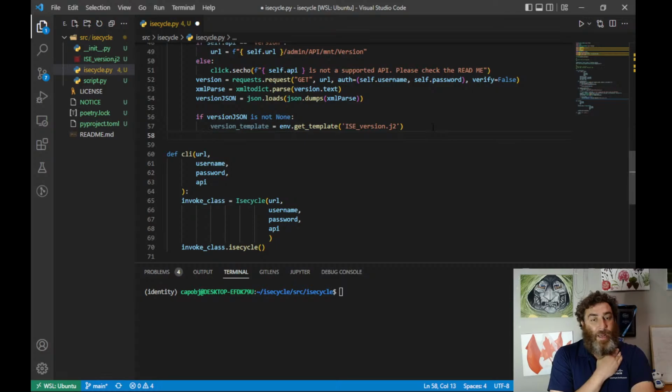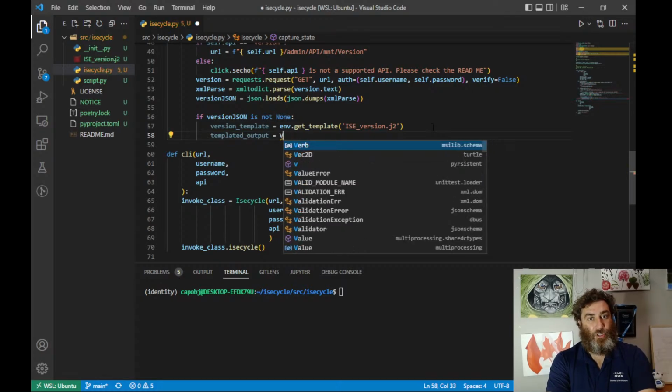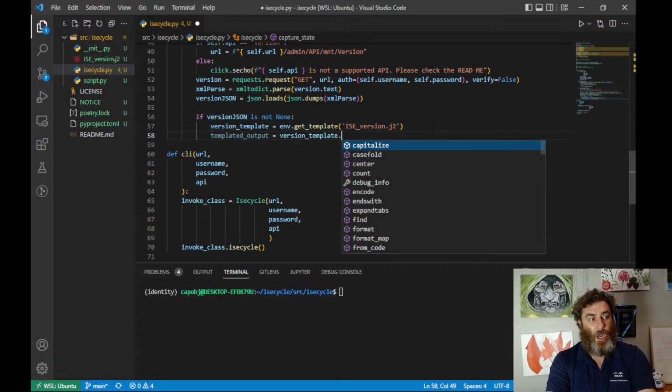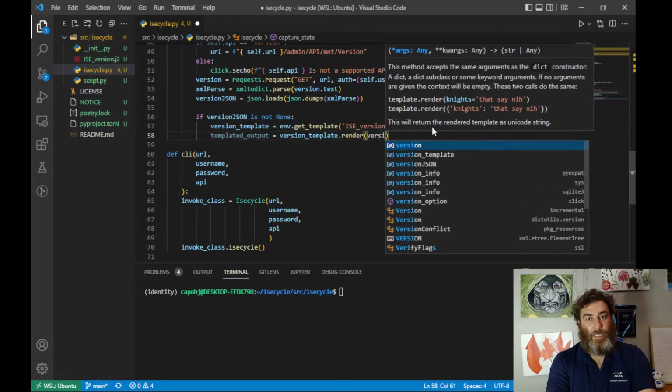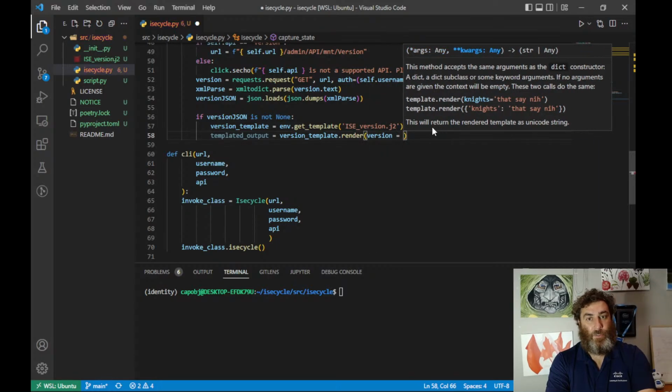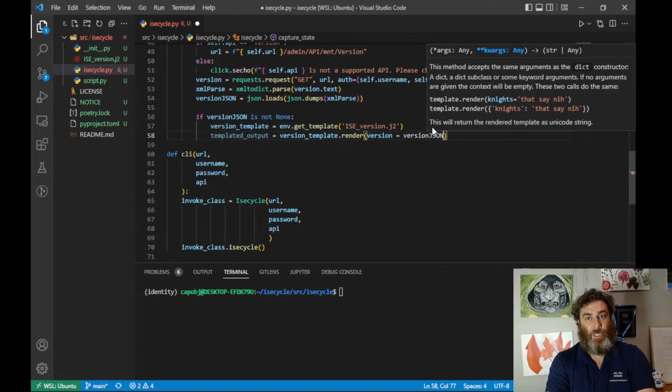Now, what are we going to do with this template? Well, we're going to render it. So what we're going to do is say parsed, I'm going to call this templated output equals, and now we're going to call that version template dot render from Jinja2, and we're going to say just version equals version JSON. Now this is our opportunity to pass things into the Jinja template. So I'd like my Jinja template to know,